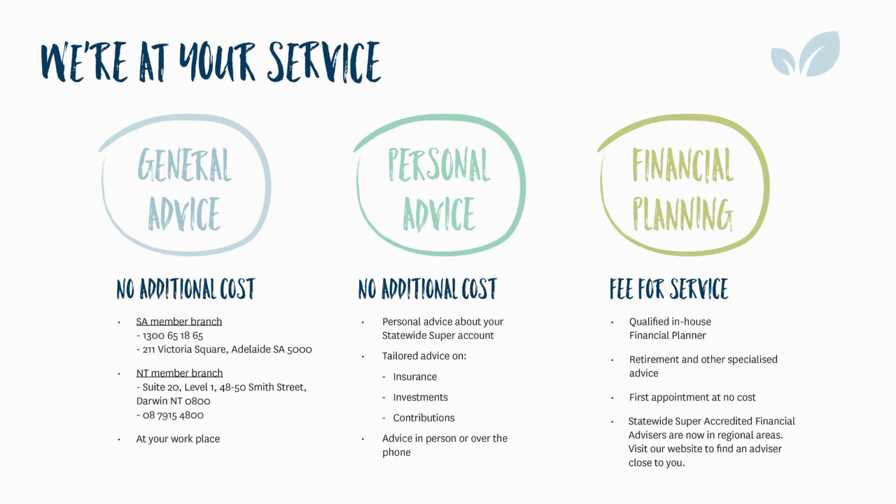If you're a Statewide Super member, you're also entitled to personalised financial advice. This means you can have a face-to-face appointment or a phone-based appointment with an associate financial planner, and they can help work with you to determine, are my investment options right for my circumstances? Should I review my insurance cover? And if you're thinking about implementing a contribution strategy, the associate financial planners can help prepare a statement of advice